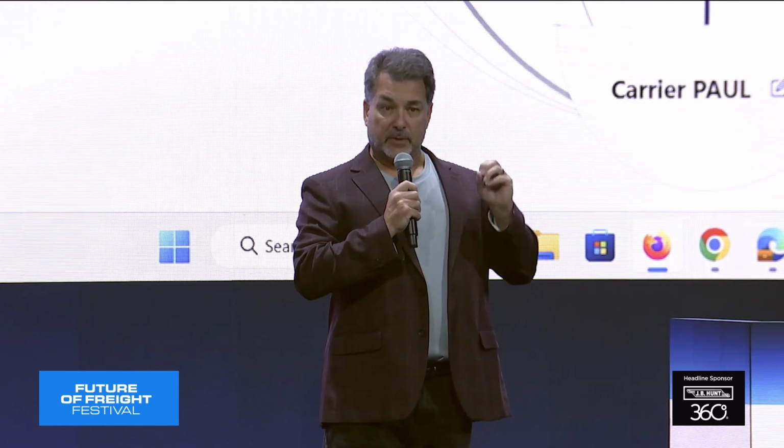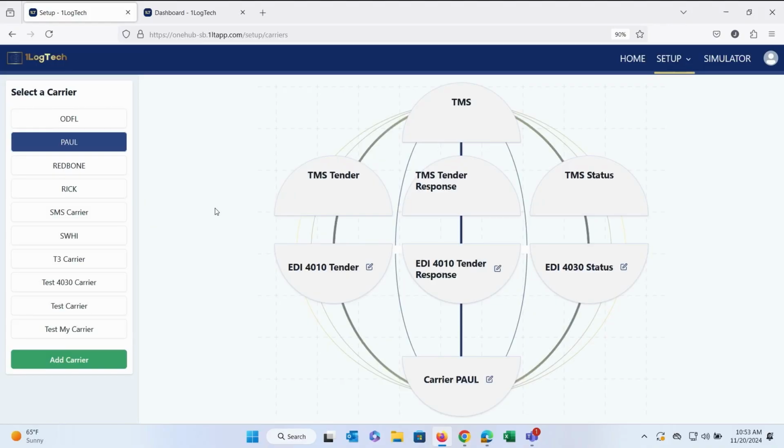So this is completely disruptive technology that's going to change the way you connect to your carriers, as well as customers. When we say customers, like a 3PL connecting to their customer's ERP, their NetSuite, their SAP, their Oracles, for purposes of order integrations. We tell people this and they say, it sounds too good to be true. So let's show you. Mark, let's set up a new carrier.